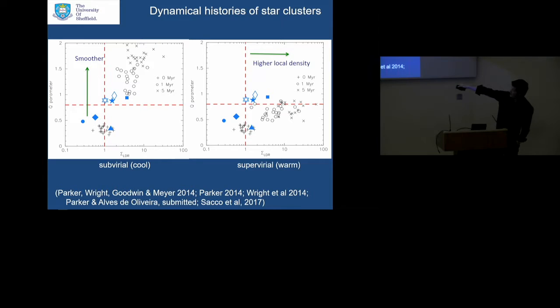So these are the initial conditions of the simulations, and then after 1 million years and 5 million years. The observations of some nearby star forming regions are shown by the blue points, and these are all with ages about 1 to 5 million years. So they should be compared to somewhere between these values here. What you can see is, again, with the possible exception of the Orion Nebula Cluster, most nearby star forming regions probably weren't as dense as the initial conditions we have in the simulation.